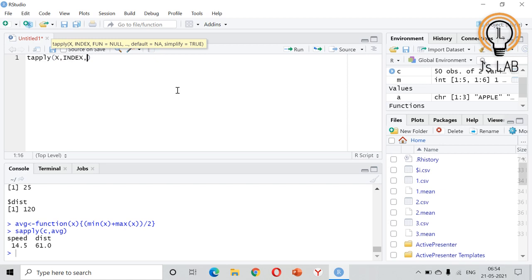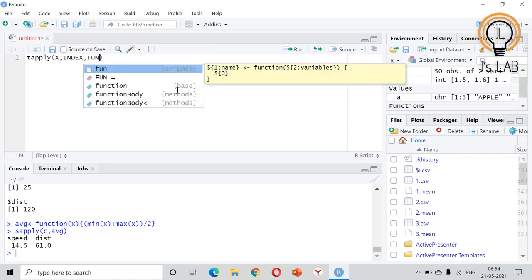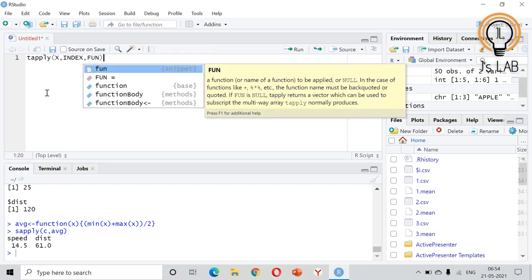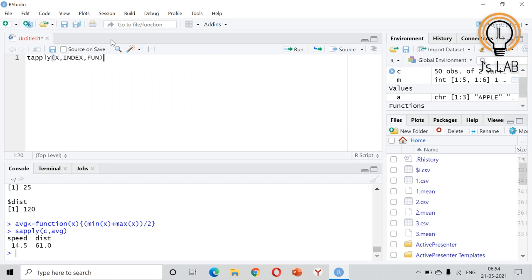Then function. Function means the function that should be entered. It will be applied to each element in the vector x. It can be mean, mode, sum, which are already available built-in functions, or you can create your own functions as we have discussed just before. Okay, so we will see an example of tapply.